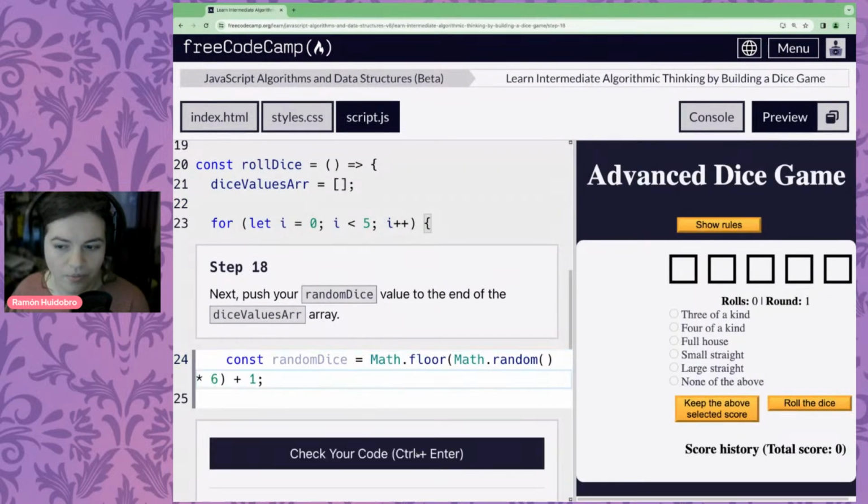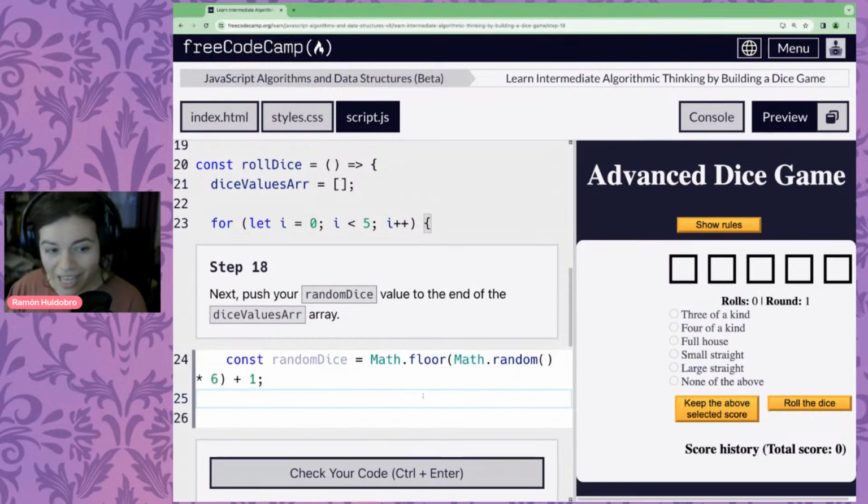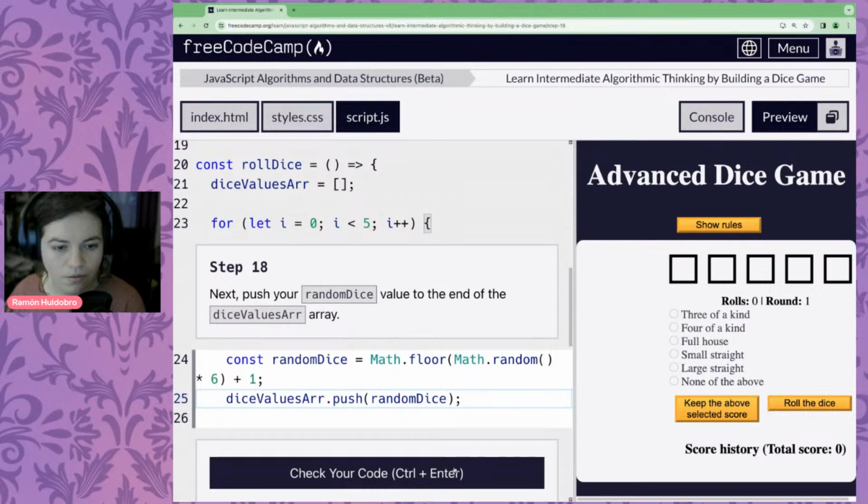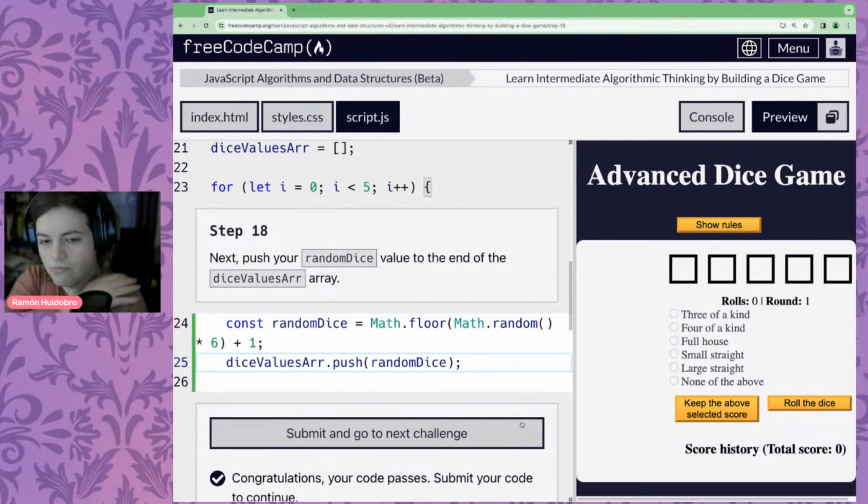Now, we're going to take that random dice value and put it into our dice values array. So diceValues.push(randomDice). Cool. So far, so good. Pat, pat.